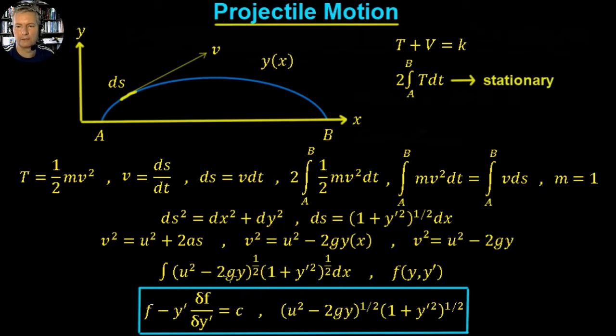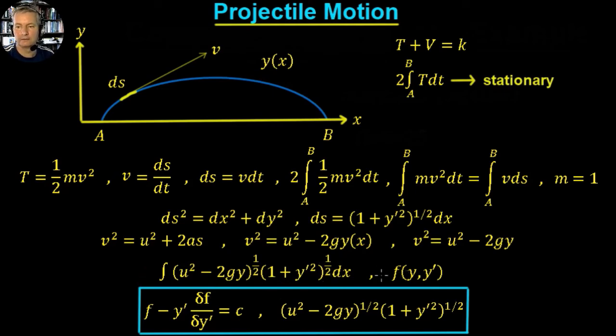we're just going to be left with the integral of the first part here, which is our u squared minus 2gy. So it's going to be u squared minus 2gy, but of course it's going to have to be to the power of a half, because this is in terms of v squared, and we only want it in terms of v. And then the other part is 1 plus y derivative squared to the power of a half, by dx. Now this is our functional here that's going to provide a minimum value,